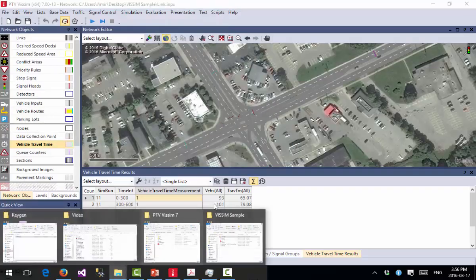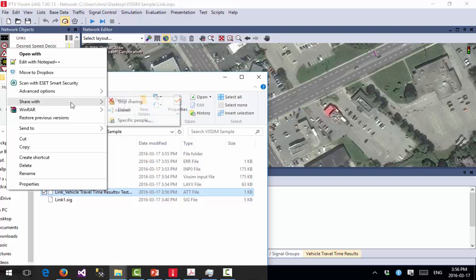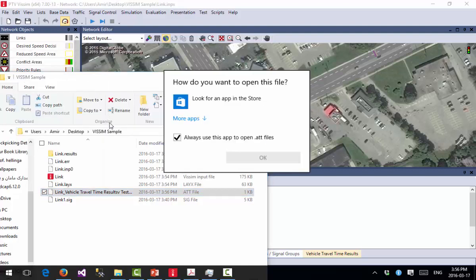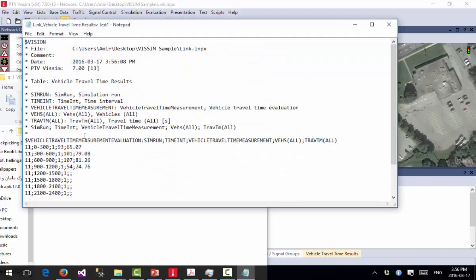And then whenever I go to here, you see this one is a text file. Normally you can open it with Notepad. As you can see, all of the outputs of the Vissim are like this. It says, okay, this is the file, and this is the vehicle travel time results. What are the columns here? It's simulation run, time interval, vehicle travel time. You see that my 11th simulation run is from interval 0 to 300, and then